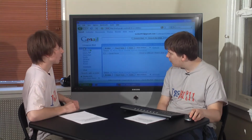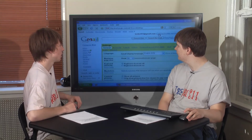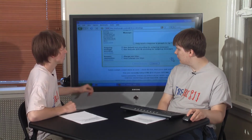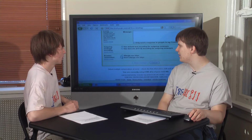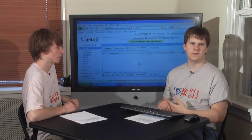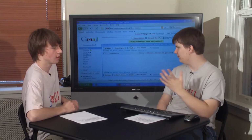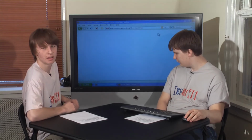Now we're going to show you some of the other great features of Gmail. In addition to just basic email, saving stuff, deleting it, there's also all these settings you can go to. One at the bottom of this page, in addition to vacation reminder and stuff like that, always use HTTPS. Which we highly recommend, because on an open Wi-Fi network, your data being traveled between the computer and the server is not going to be intercepted because it's going to be securely encrypted. So that's saying if you're especially at Starbucks, if you're using this for business or anything important or private. Yeah, because they have unencrypted wireless internet, no one can intercept your message and